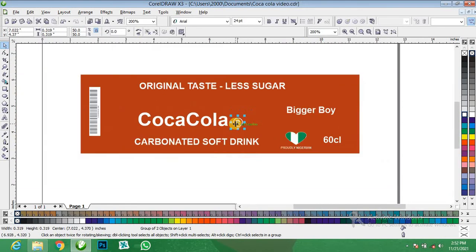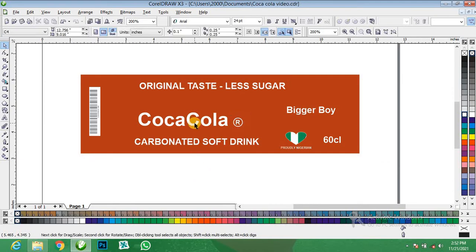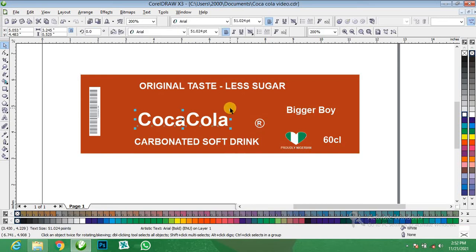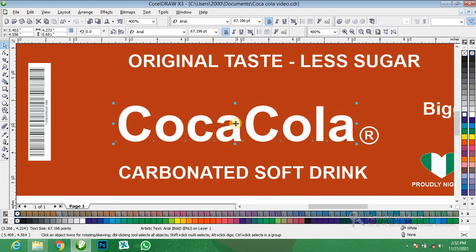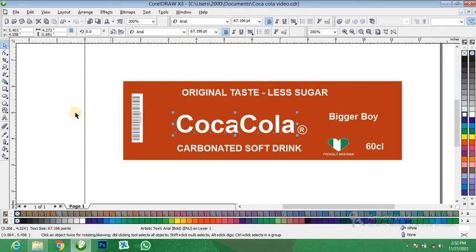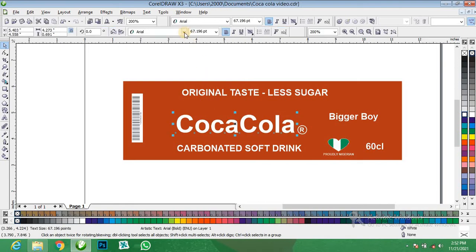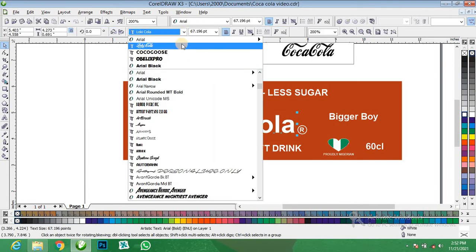Alright, now let's start the initial design. Keep this one here, then click on this Coca-Cola, zoom it, bold, it's already bold. Then let's change the font. We are going to use this font, Loki Cola.